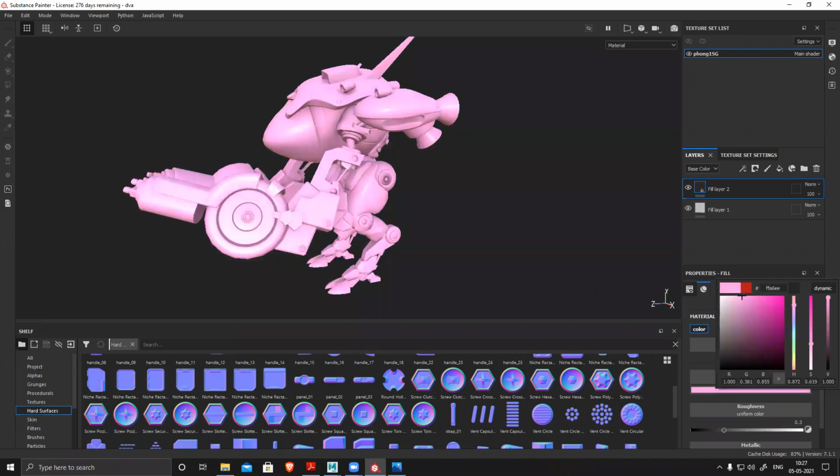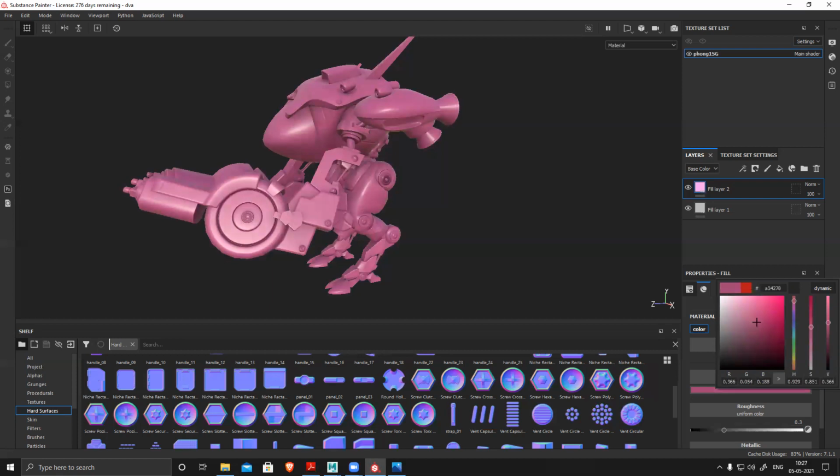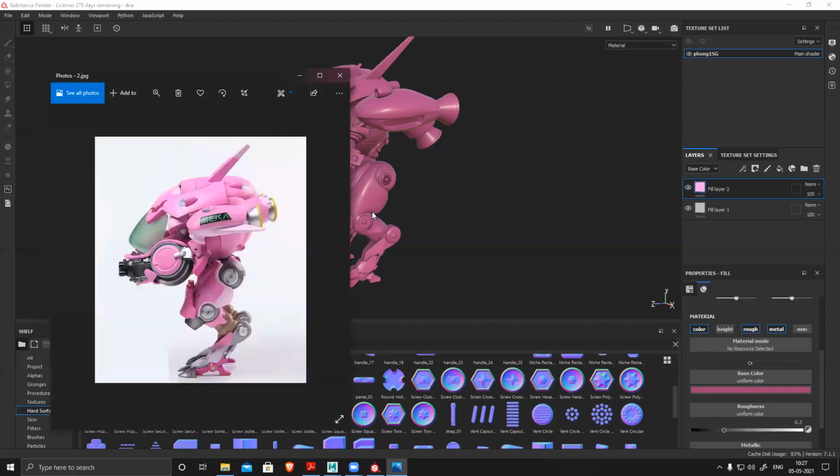Go to wherever you have the color, hover over that, and release your left mouse button. It will pick that color based on whatever is visible on the screen. So you can see I just dragged and dropped, and it picked that color.